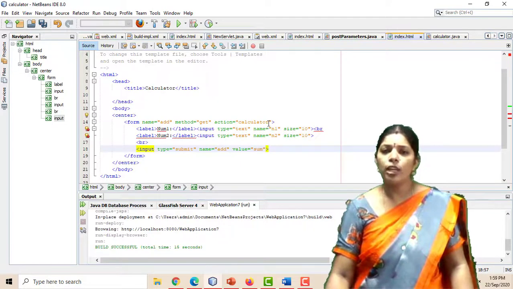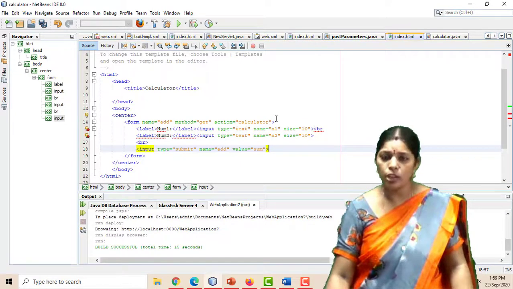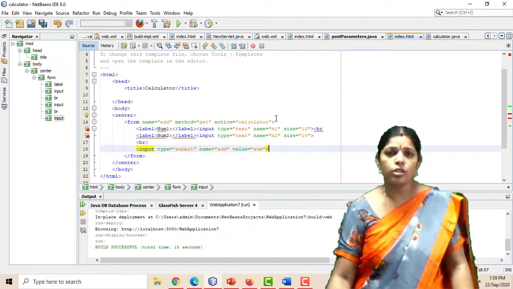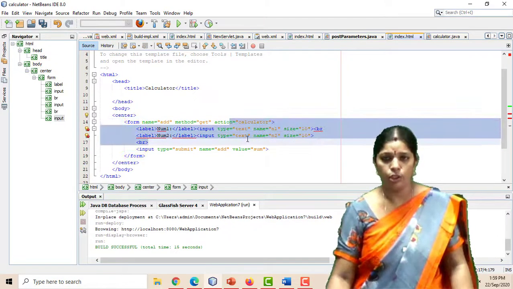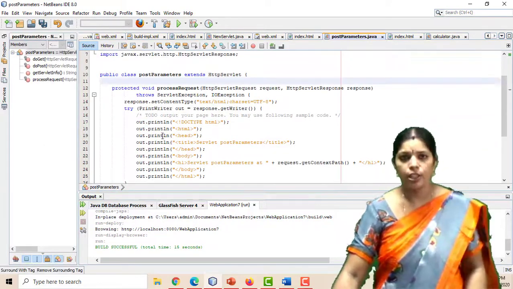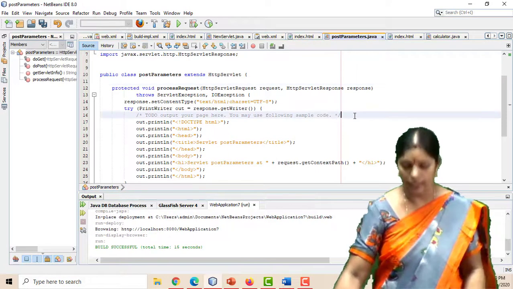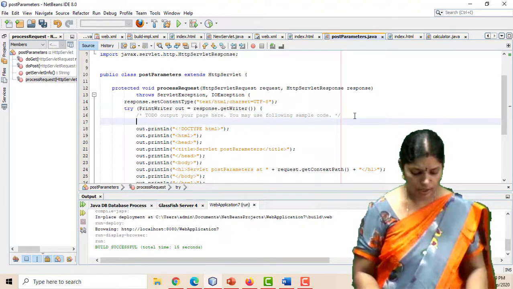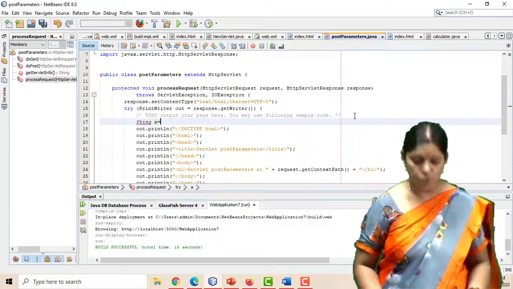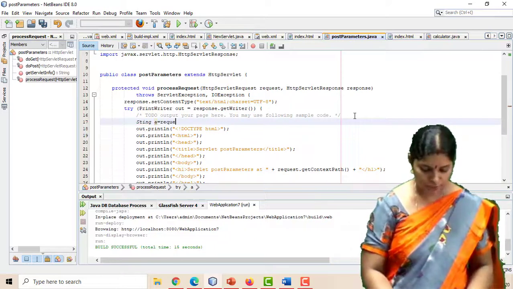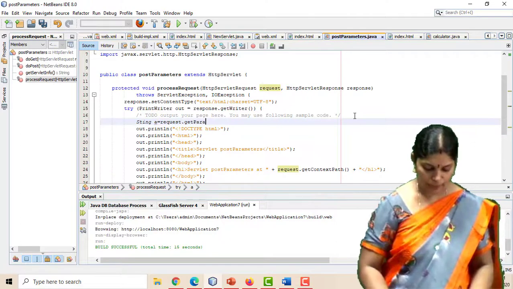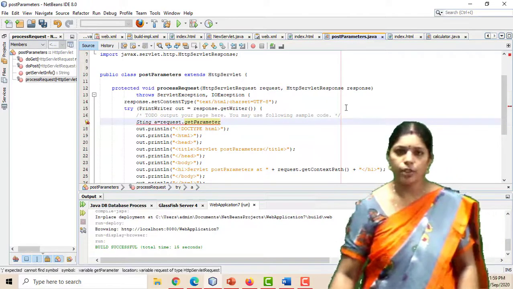How many fields, how many values, how many parameters do we have to create for the Java file? Here we have 2, so we have to create new parameters. In the out.println, I am using one string a equals request dot getParameter.